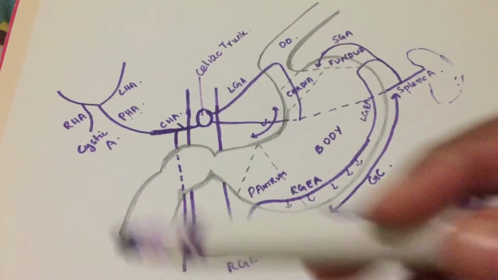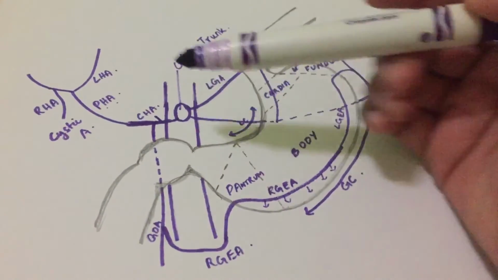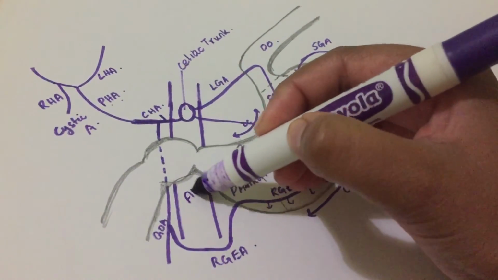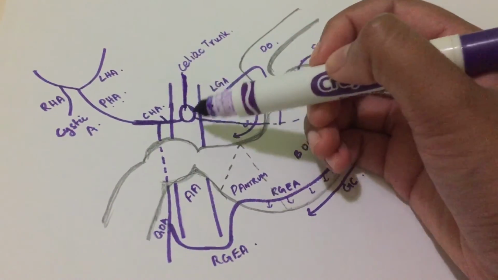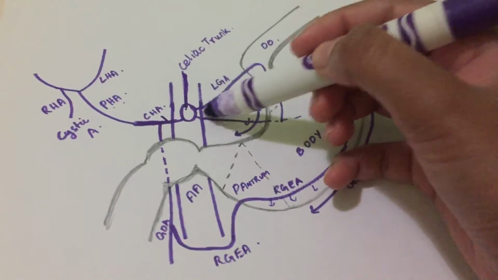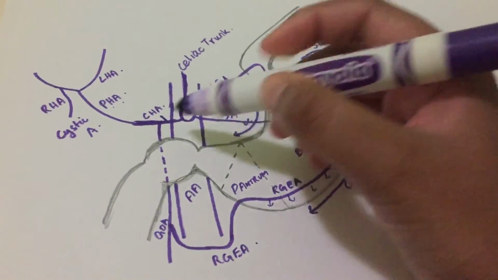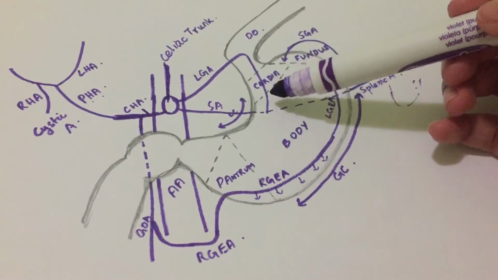So this is the total blood supply of the stomach. First, the abdominal aorta. This is the abdominal aorta. It gives off the celiac trunk. The celiac trunk divides into three branches: left gastric artery, splenic artery, and common hepatic artery. The left gastric artery supplies the